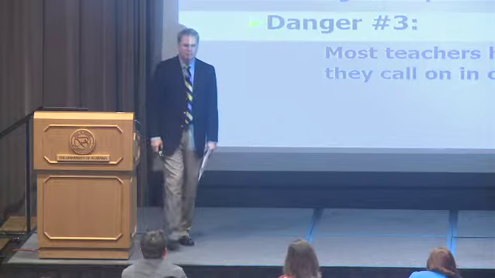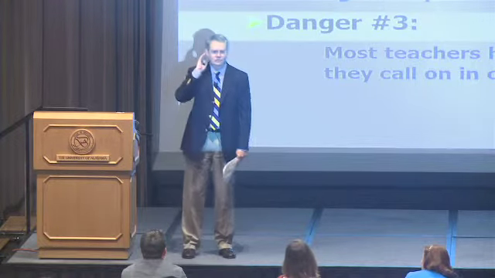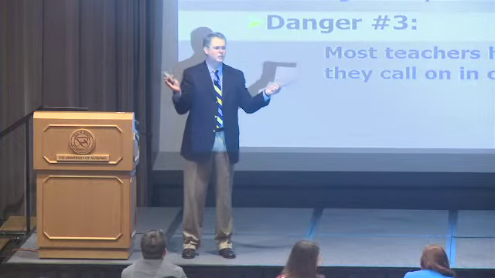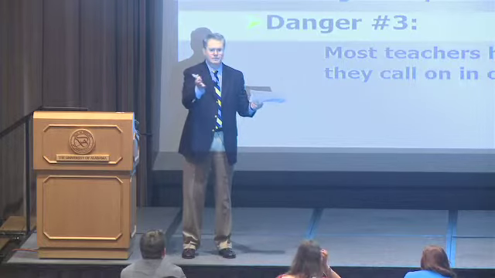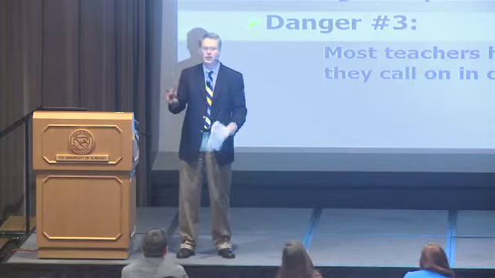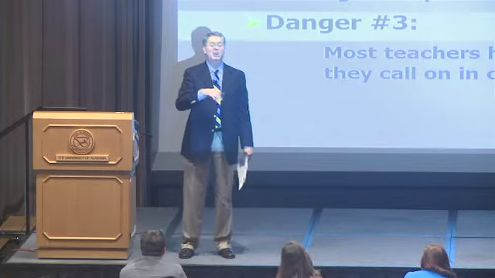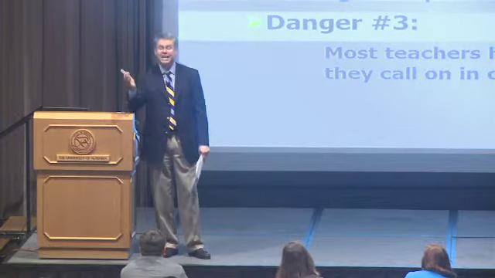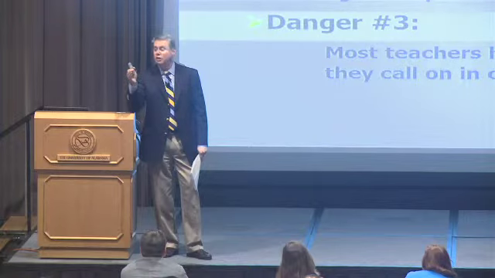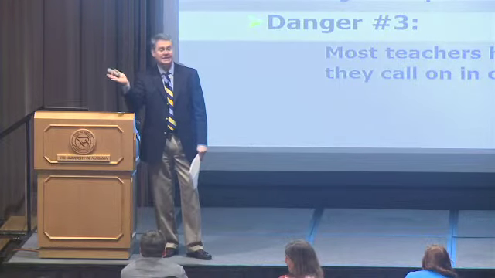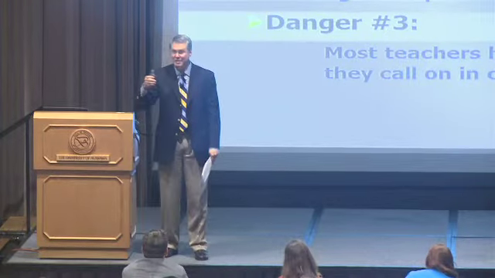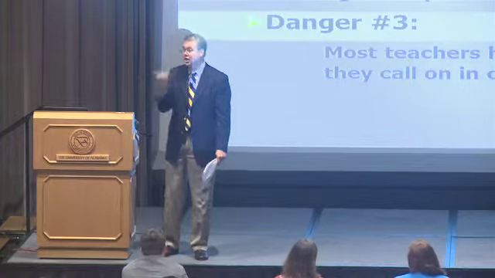Why is this a danger? Your turn. That's right, 2/3 are not participating. That's scary. What else? Absolutely. Those 2/3, they begin to rely on the 1/3. I don't have to speak up. They're going to do it for me. And if they don't begin to rely on them, what will they begin to do toward them? Get lazy, and then they begin to get resentful about those students. And then you're setting up a climate in the classroom that's not conducive at all to learning or group discussions like this.